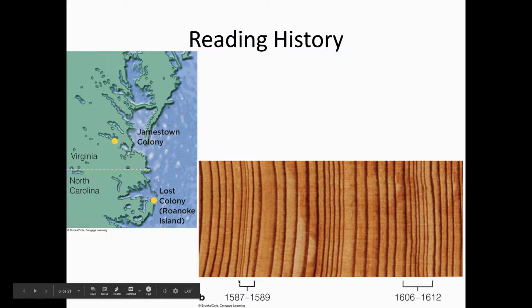So this is when Roanoke, the first colony in the New World, was formed. It was not a good year. Like, everybody died and or ran off and joined the natives. That colony failed. And then poor old Jamestown, that was the second colony. Look what happened here. If Jamestown had been founded here, wow, they could have had years to